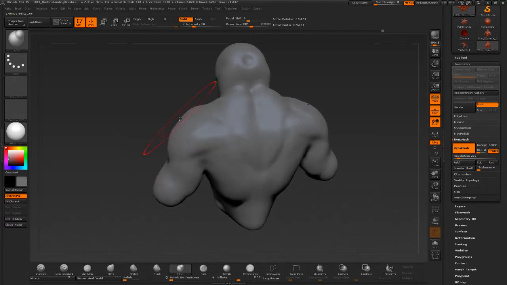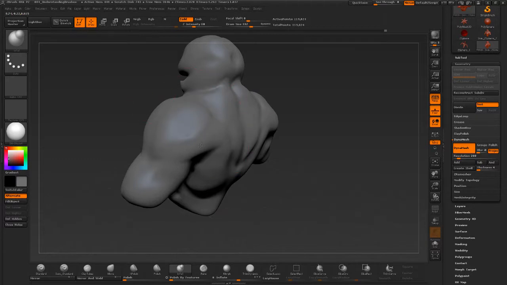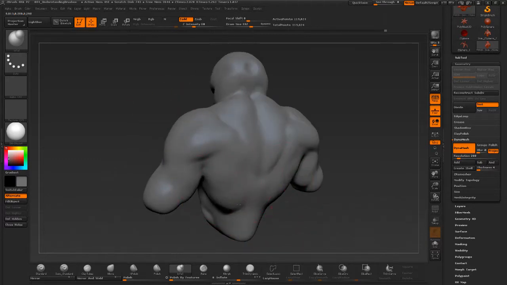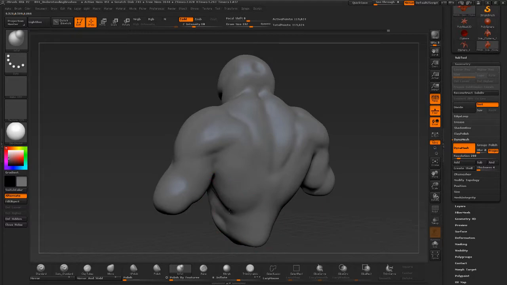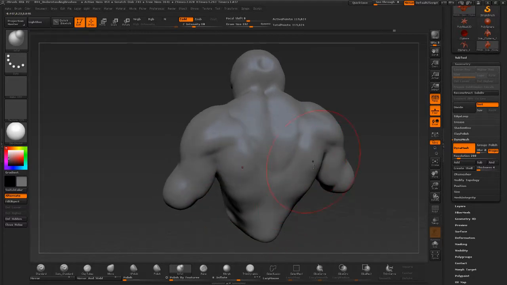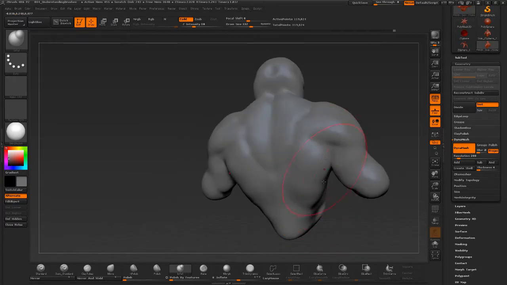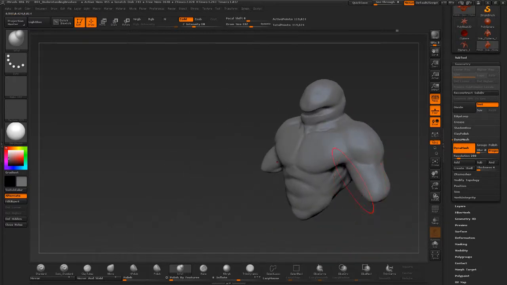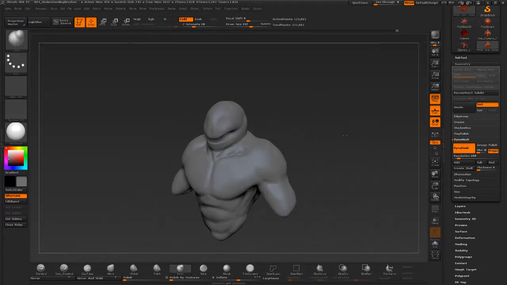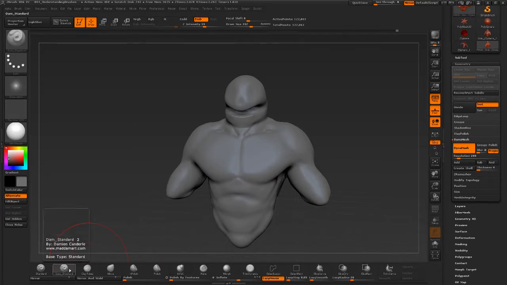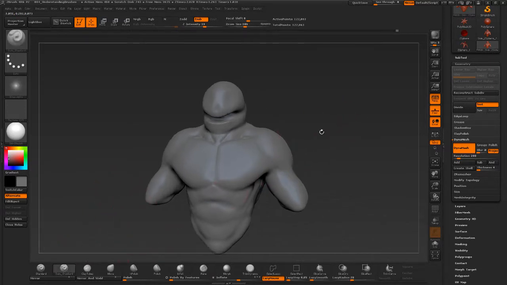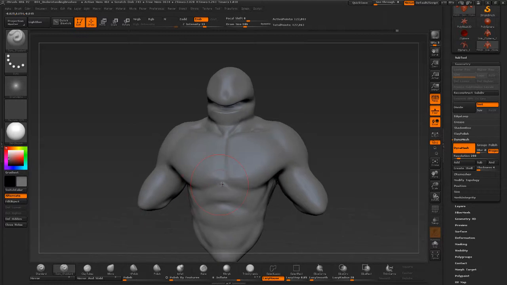Maybe this is not enough here in the shoulders. So imagine if you're working this character out, instead of taking months of time to build up this muscle, you just use the inflate brush and give it that mass really quickly. So I'm just holding down Control and dragging it in there. And you can see I'm starting to get something that is looking a little more natural. Still needs some work, obviously, but